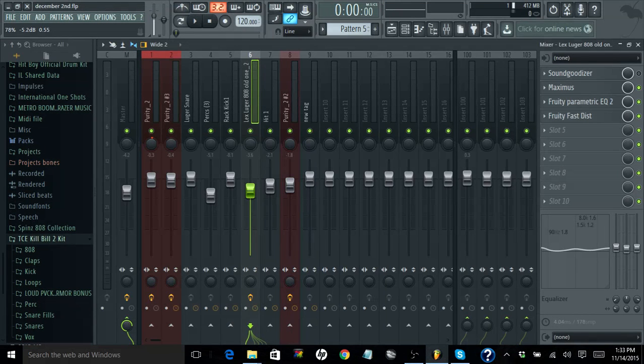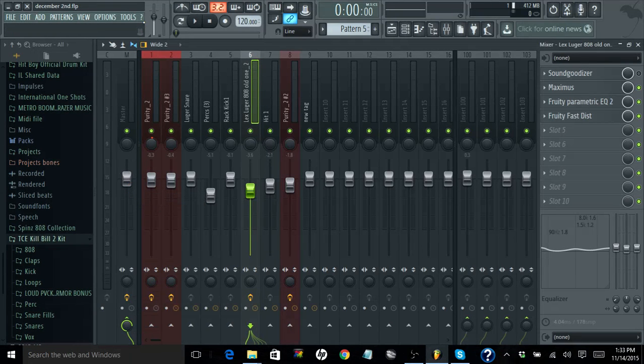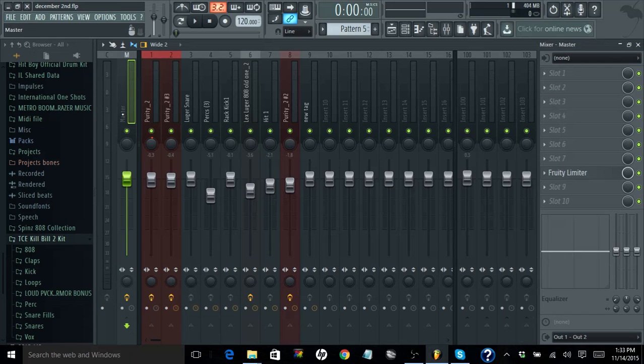Moving it down to about -6 dB, this master volume right here will give what you call headroom. And obviously you have turned that down. Do not turn this down at all. Just leave that sonically neutral at 0. Just leave it like that. Now we're going to go into your master. Your master had the Fruity Limiter. The Fruity Limiter automatically loads,